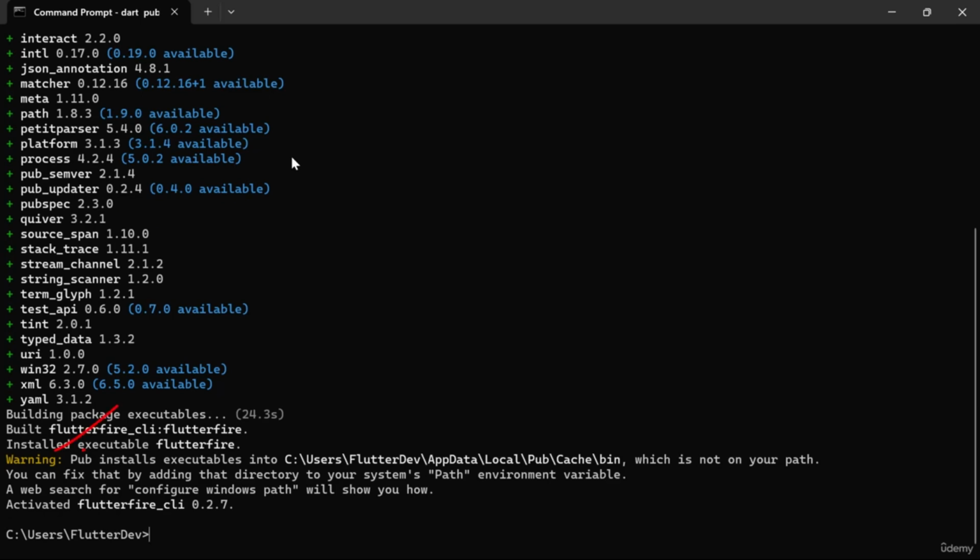So when this is installed, you might be getting this warning, and this is different in Windows and Mac OS. Let's first have a look at the Windows fix, and then we'll be moving towards Mac OS as well. So in Windows devices, you will get a warning saying that the pub path is missing in our environment path. So copy this path